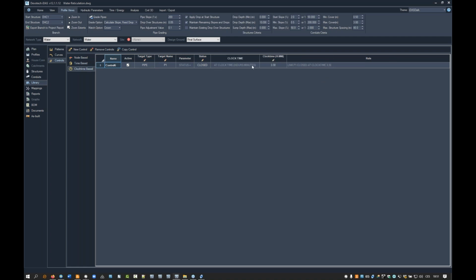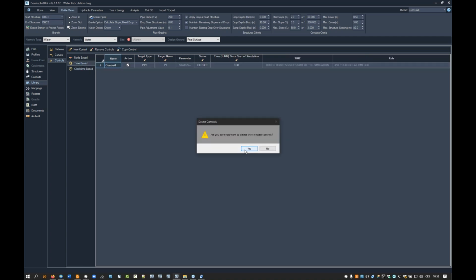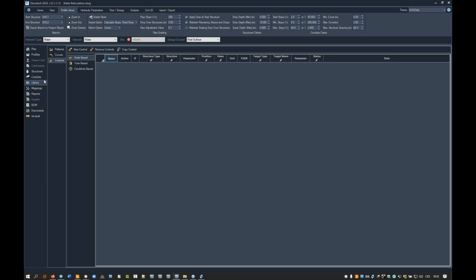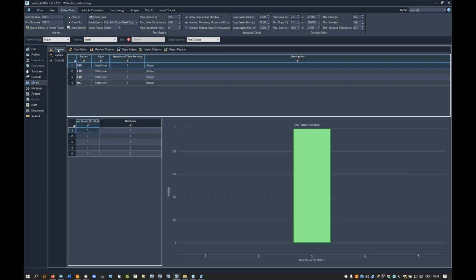So this happens at a specific clock time, let's say 12 o'clock in the afternoon. So those are the controls which we introduce for the water networks. And then there's one more improvement. I should probably remove these controls because I'm not going to use them anywhere. Let me remove them because I want to run the analysis, but I go to library and I go to